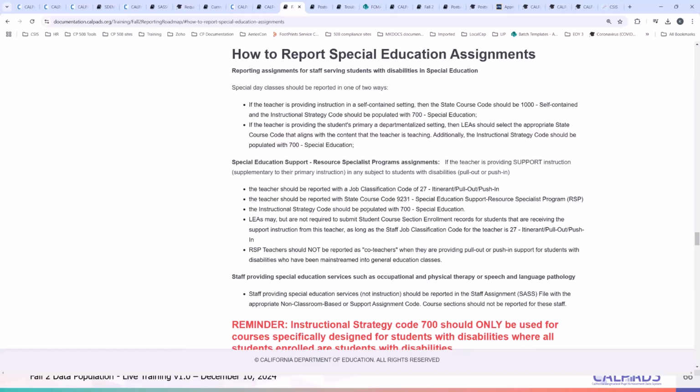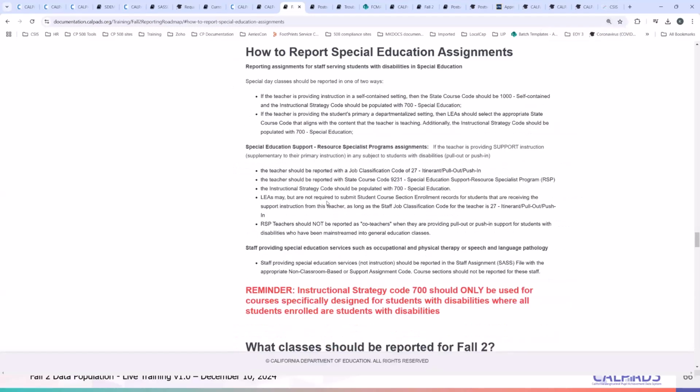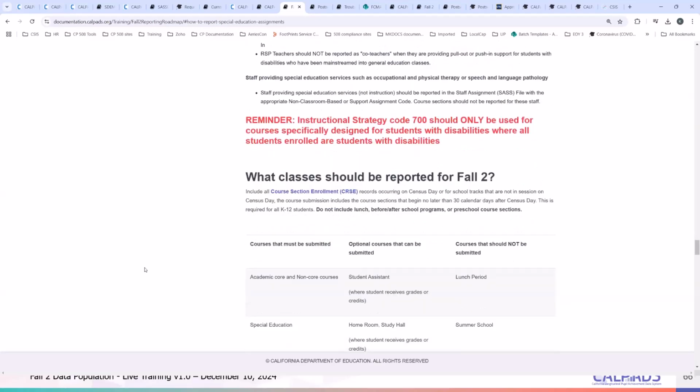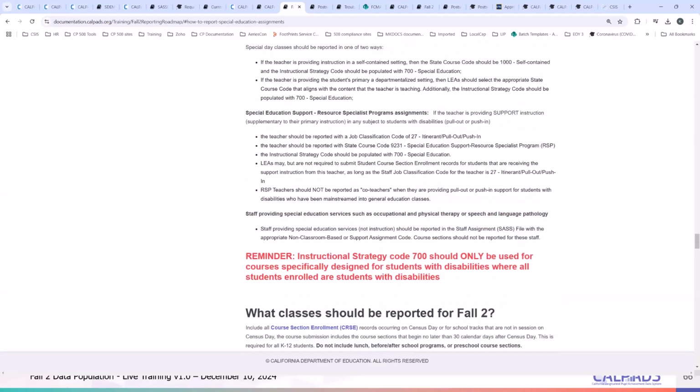Take note, the focus for Fall 2 is more on who the credentialed staff members employed at your district are, what their jobs and classifications are, what courses they are teaching, and whether they are credentialed to teach those courses. So bear that in mind. Those are the basics collected in Fall. With that list of information, you can start from there in analyzing how to report staff members and where to find the resources for it.